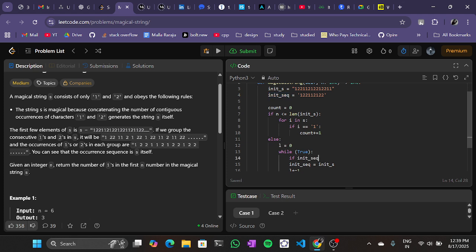Okay, let's keep a pointer, guys. P1 equals to